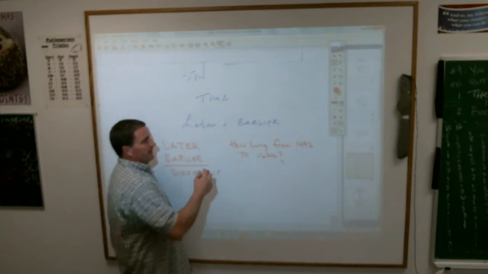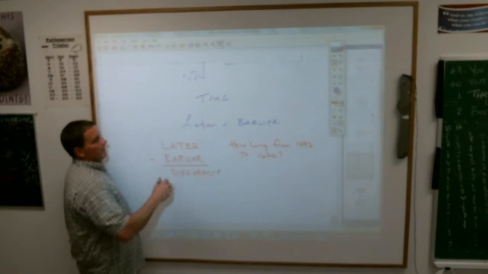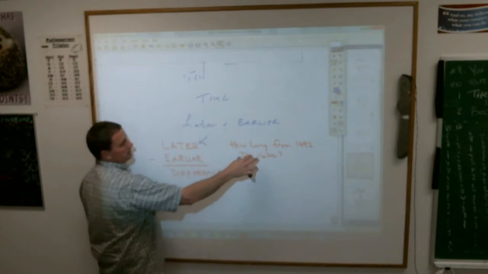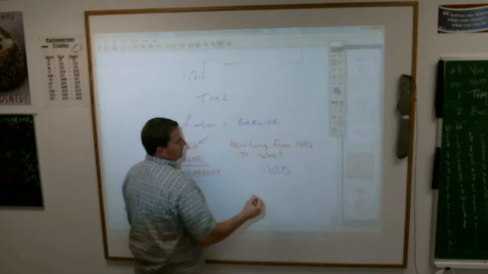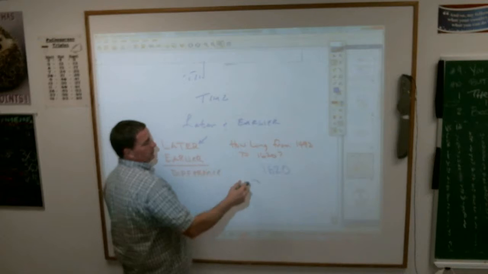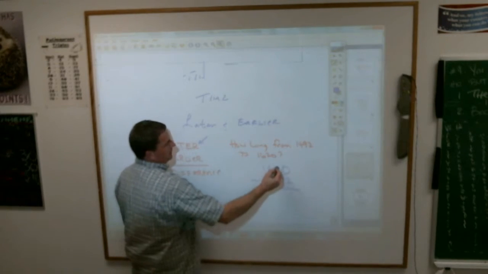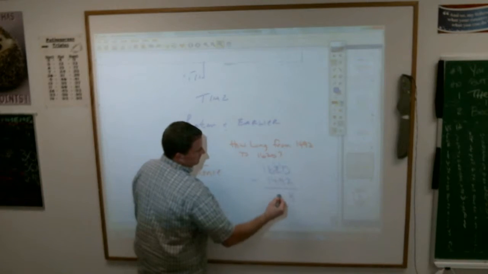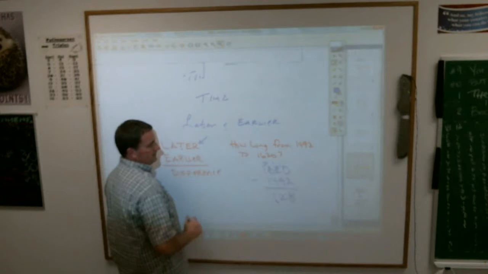If you're trying to find the difference in those times, remember how to set it up. You want the later time. Which one of these two times is the later? 1620. And you want to subtract the earlier time, which is the 1492. And you'll end up with 128 years